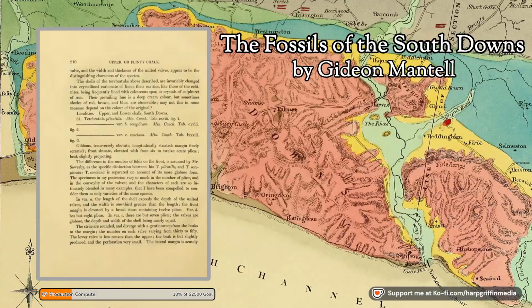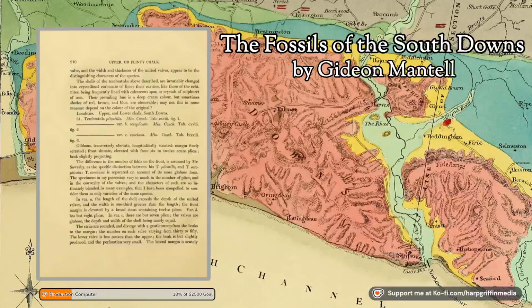81. Terebratula plicatilis, Mineral Conchology, Tablet 118, Figure 1. Terebratula plicatilis, var. B. Octoplicata, Mineral Conchology, Tablet 118, Figure 2. Terebratula plicatilis, var. C. Consina, Mineral Conchology, Tablet 83, Figure 6. Gibbous, transversely obovate, longitudinally striated, margin finely serrated, front sinuate, elevated with